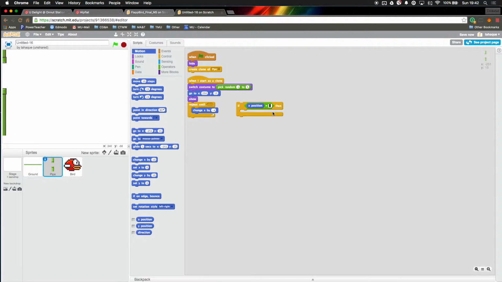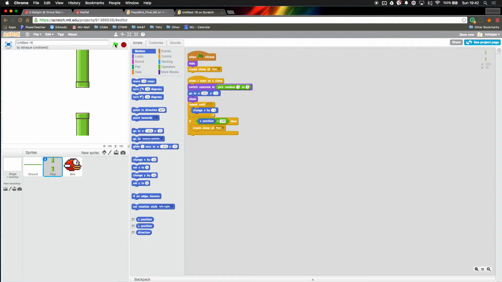And I'm going to say, okay, if my x position is equal to 100, then what I want to do is create a clone of myself, right? So I'm going to go up here and it says create clone of pipe. Click on this, duplicate it so I can use it again and drop it inside this if statement. I'm going to bring this if statement and drop it here, all right? Now, what you'll see is